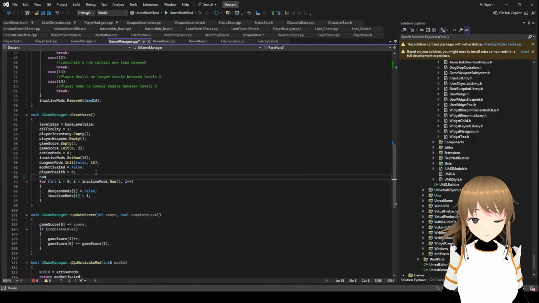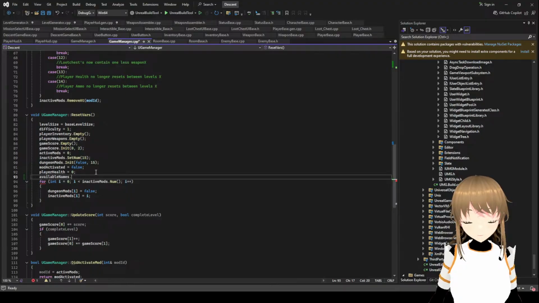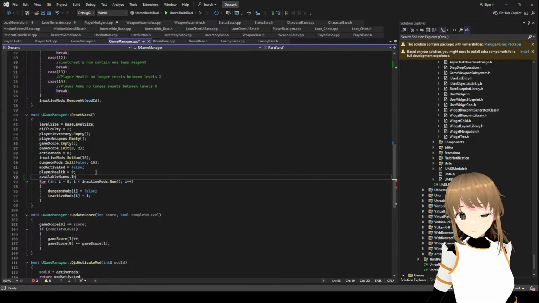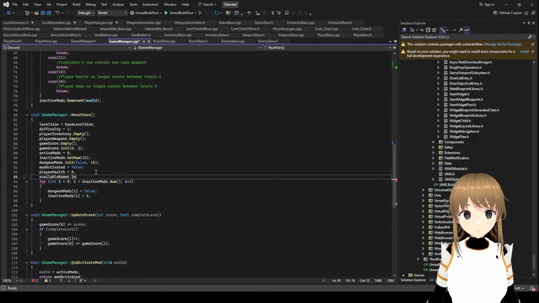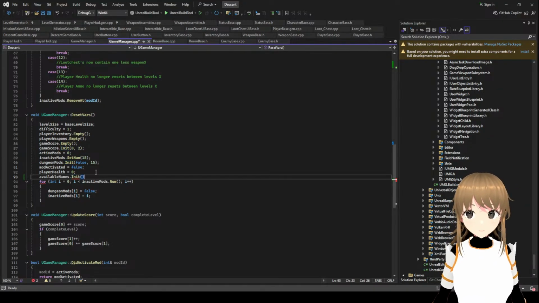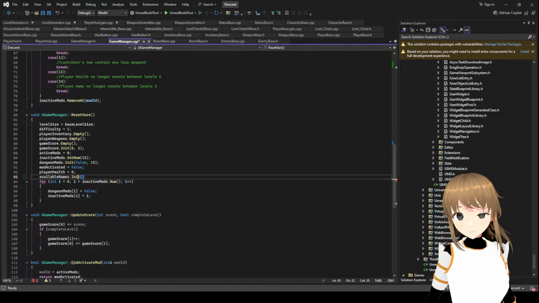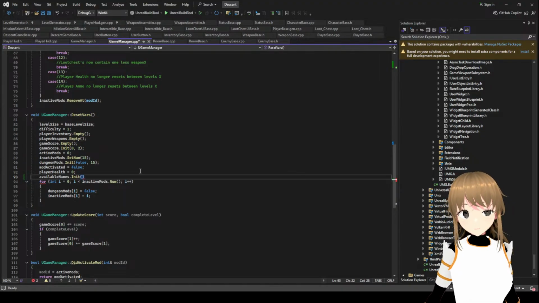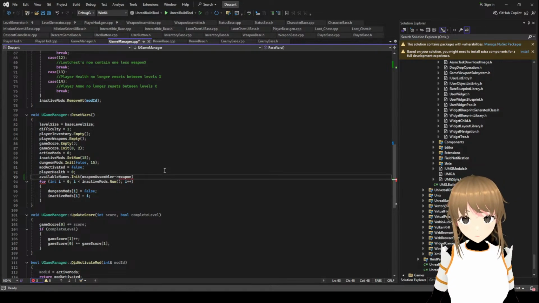Which is why I can't do this in the constructor, unfortunately. So if we do names, available names dot, of which of these is it? Is it the size? Size, and then okay, it's going to be, if I do weapon assembler weapon names